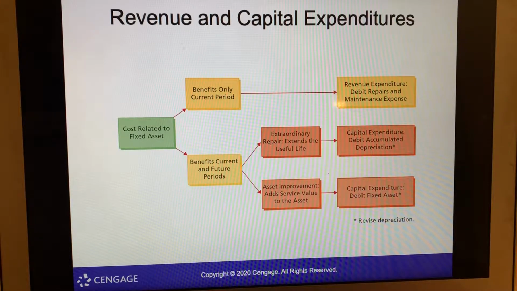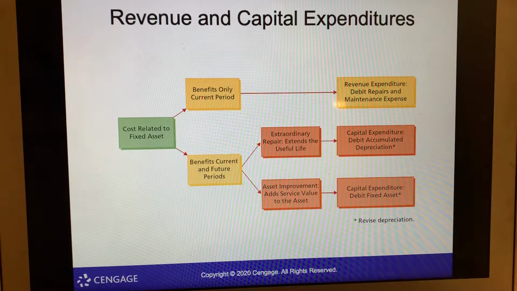So here's what we look at. Here's a graphic of what that will look like, a flow chart. Costs related to fixed asset benefits only current period, then it's a revenue expenditure, debit repairs and maintenance expense. If it benefits current and future periods, then we have to split it. It's either an extraordinary repair, it extends the useful life, then it's a capital expenditure,